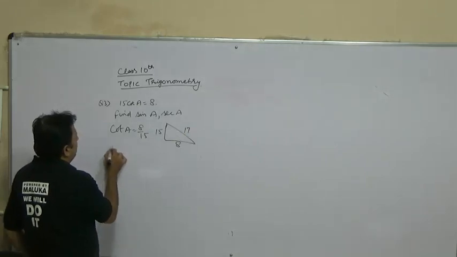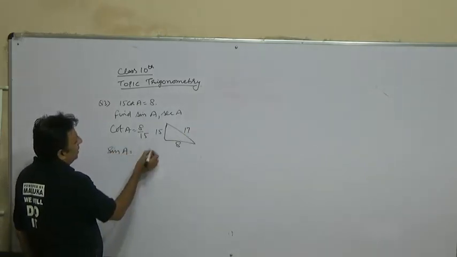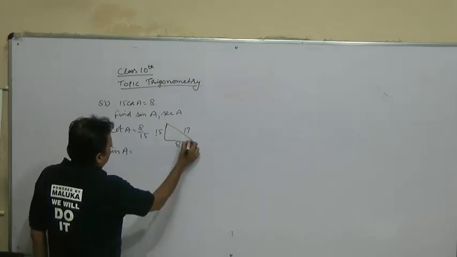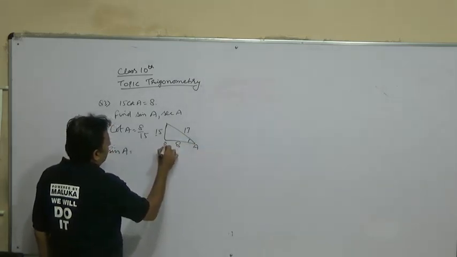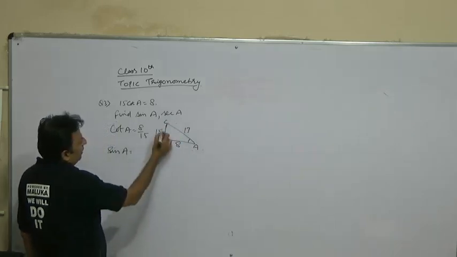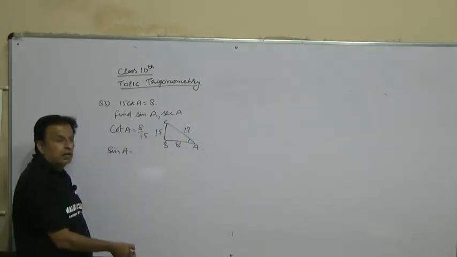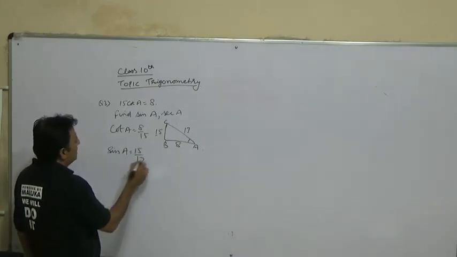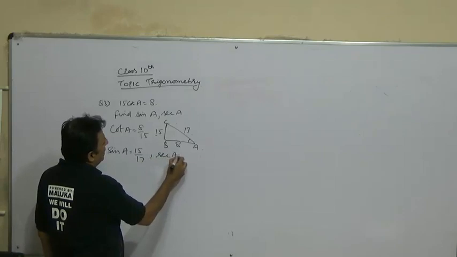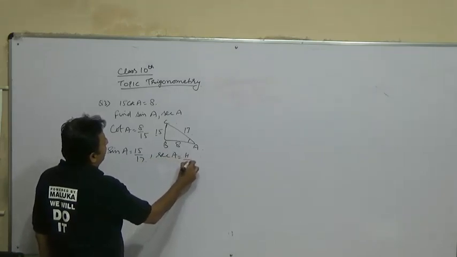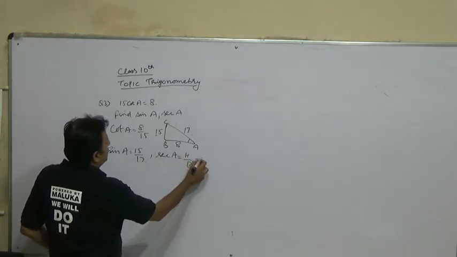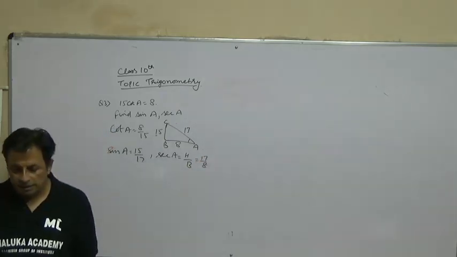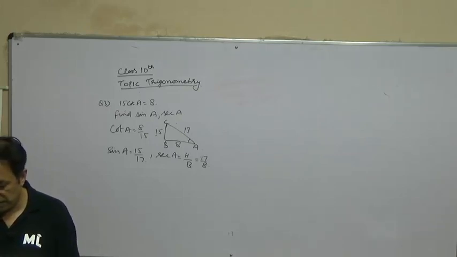So now we want to find sin A. What is sin A here? So this is your A, B, C. So sin A will be perpendicular over hypotenuse, 15 by 17. Then secant A. Secant A is given as hypotenuse upon base, 17 by 8. So this will be your result. Then fourth question is,